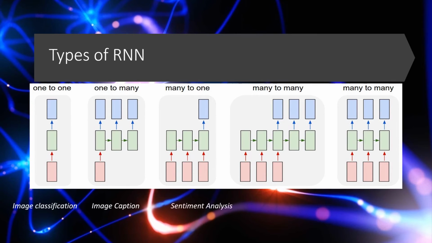The third one is many to one, and an example of it is sentiment analysis, as we have discussed before. And the last type is many to many. The input length and the output length predicted can vary. An example of this